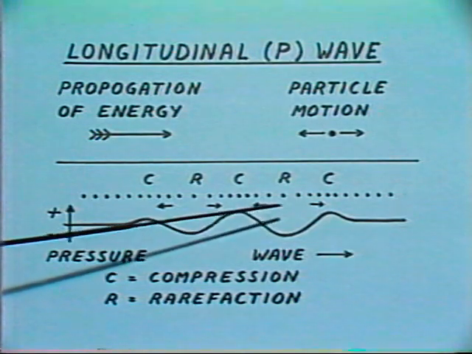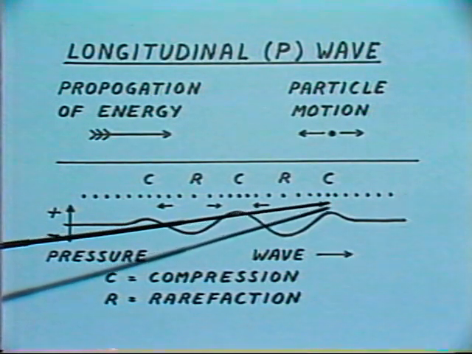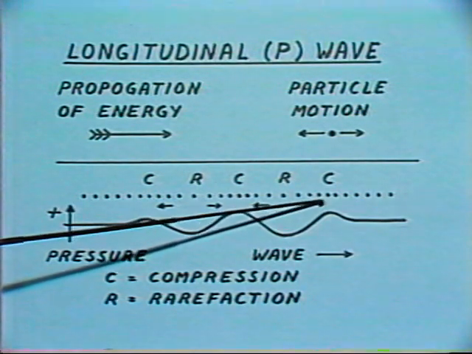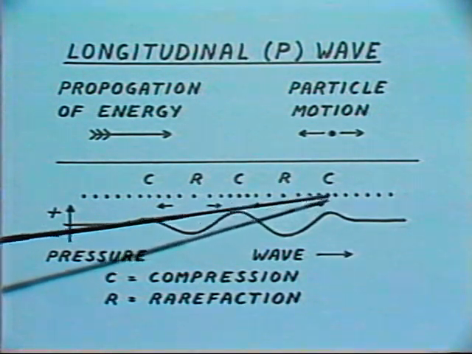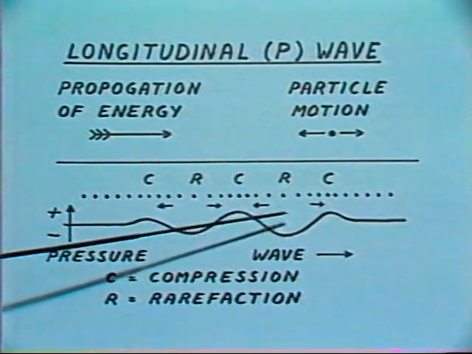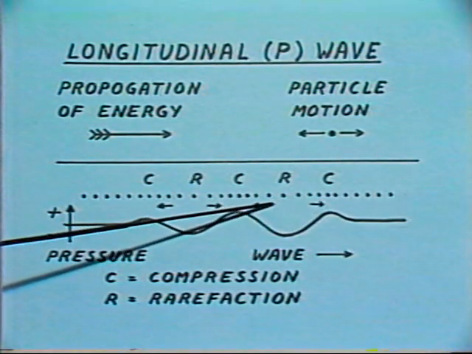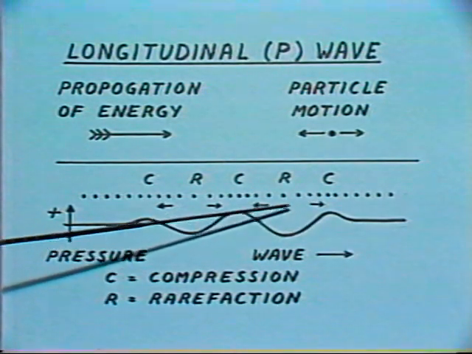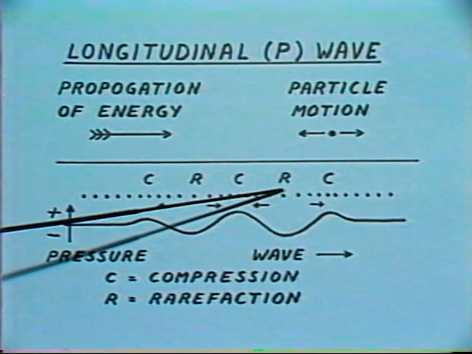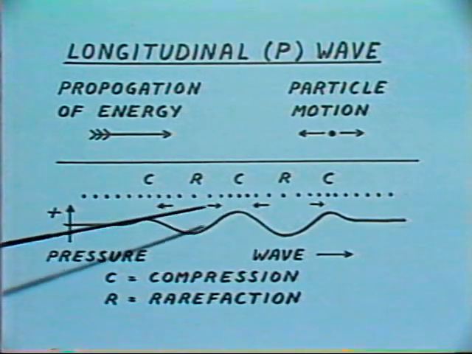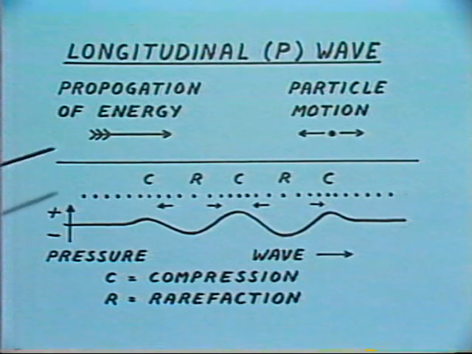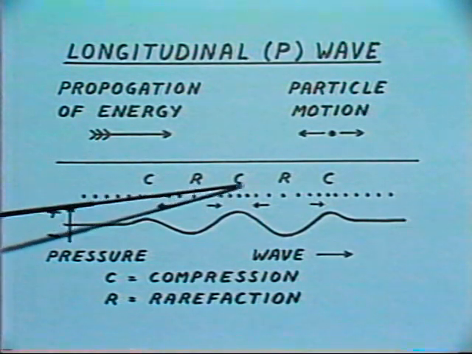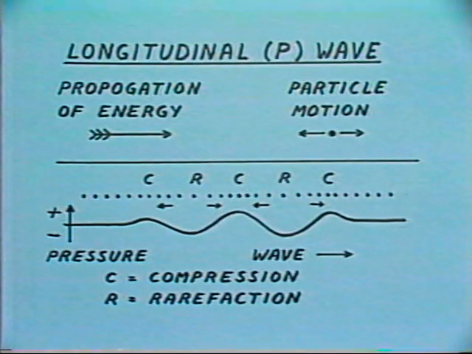So that at points where the particles have tended to be squeezed together, we have a situation where the pressure in the Earth has been raised. We have a compression. At points such as this, where the particles are tending to move apart in opposite directions, we have a low pressure point in the Earth, sometimes called a rarefaction. So the P wave is actually a series of alternating compressions and rarefactions in the Earth in the direction of